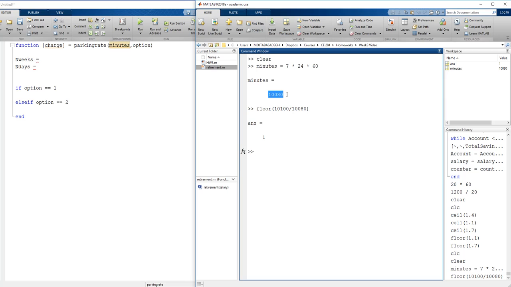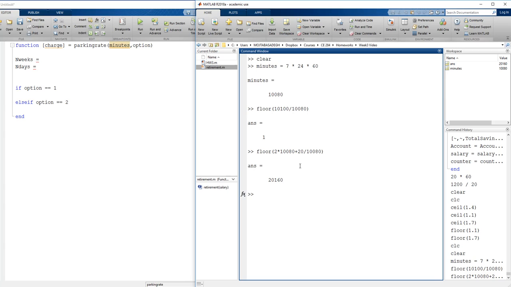Now if I have 2 weeks and 20 minutes, it's like I have 2 weeks plus 20 minutes. And if I use floor again, floor of 2 times this plus 20 minutes, so I have 2 weeks and 20 minutes. Floor of that number of minutes, whatever it is, divided by 10,080 minutes, which is the number of minutes in each week, it will give me,